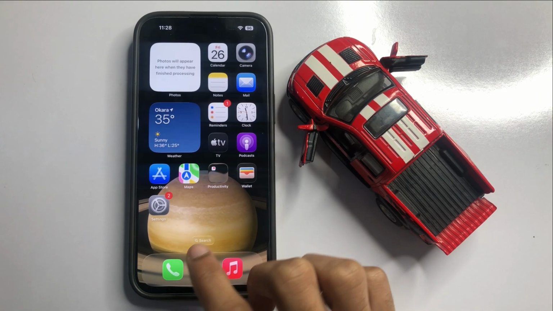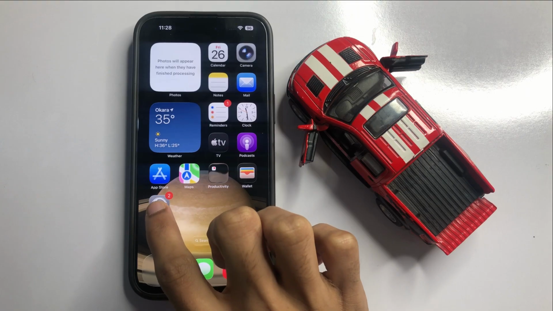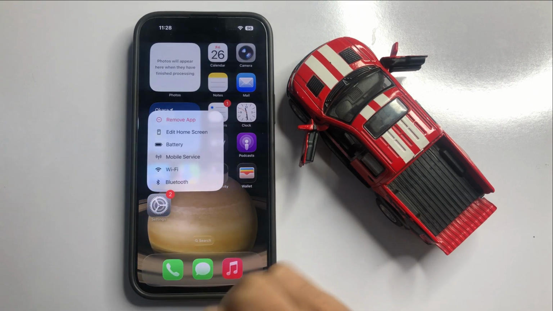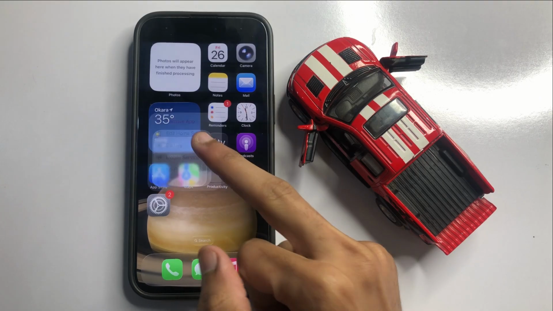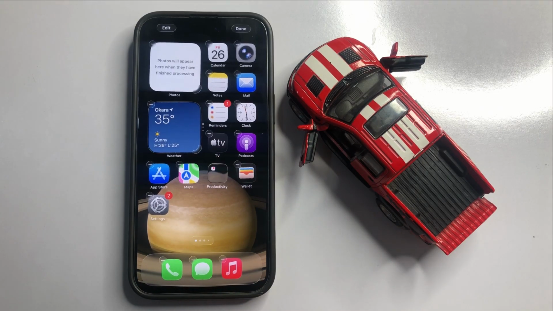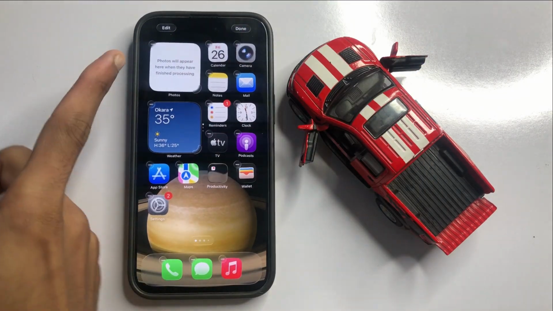Just click and hold any app. You will see the option, click on Edit Home Screen. Click on Edit, you will see the edit option